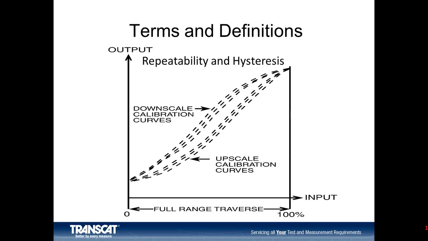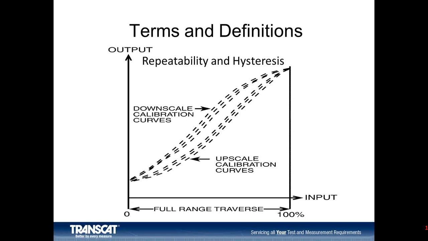And what this represents is the combined effect of repeatability and hysteresis. The upscale and downscale, if you can imagine an average of each of those 2 patterns, that offset between increasing and decreasing is the hysteresis. There are different definitions depending on the manufacturer of the item. Perhaps it's a peak-to-peak hysteresis specification, which would be the difference between the average upscale and downscale, or it may be plus or minus